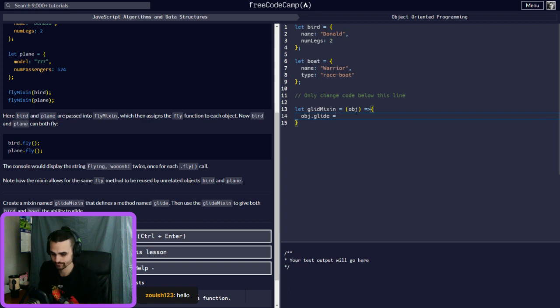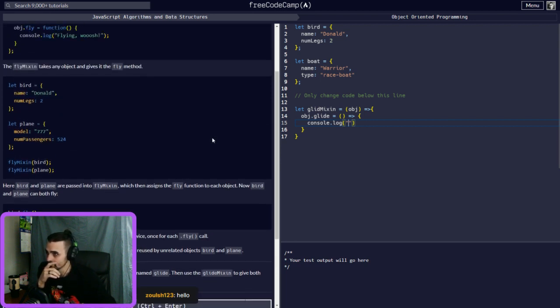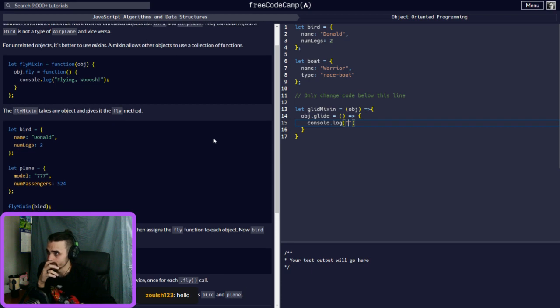And then we're going to make another method inside here, console.log. What is it going to say? Ability to glide. Okay, what would it say? Was it going to be true or what?